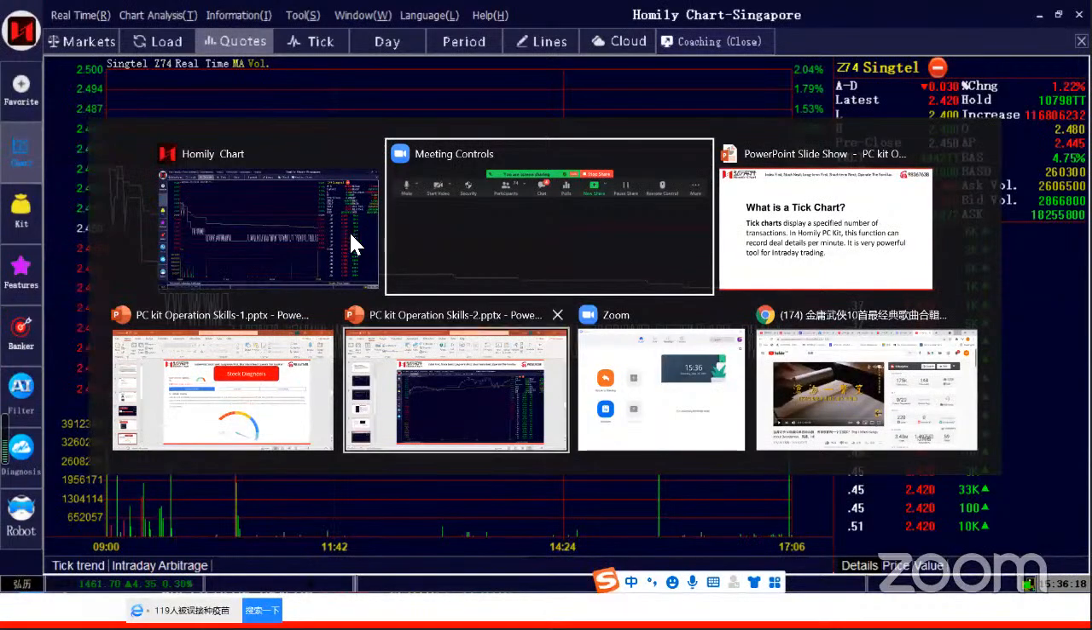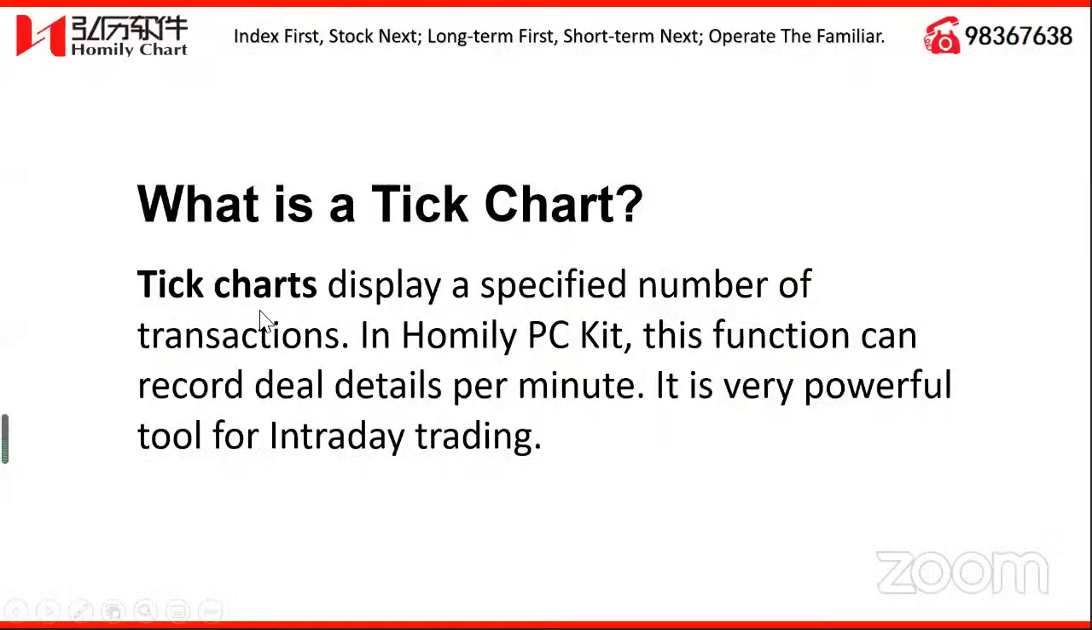All right, so what is a tick chart? Tick chart display a specific,